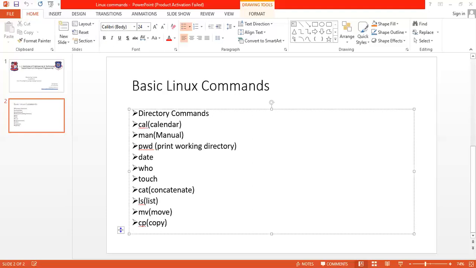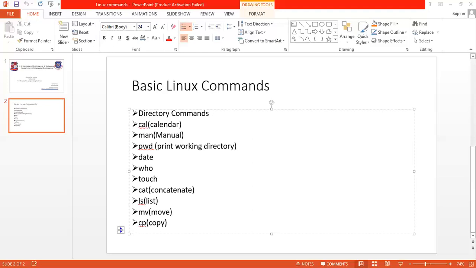Say for example, file1, and press enter. So this file is created. Now if you want to write something in it, you can write anything you want. Suppose I write "Cat command execution" and press enter, and then press Control D. Control D means save and exit.